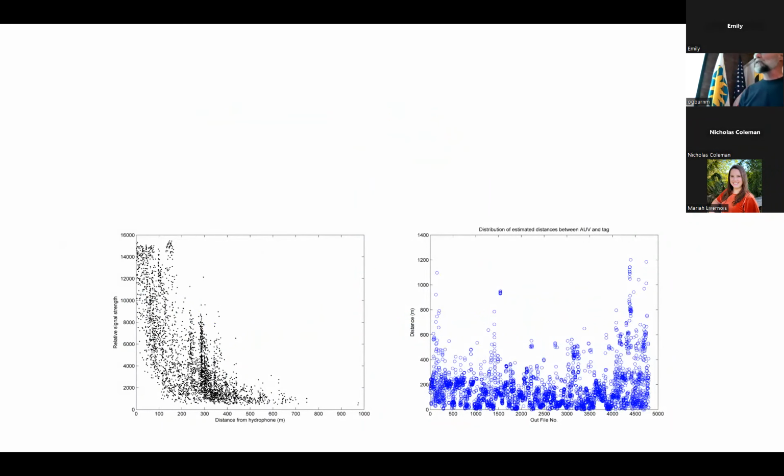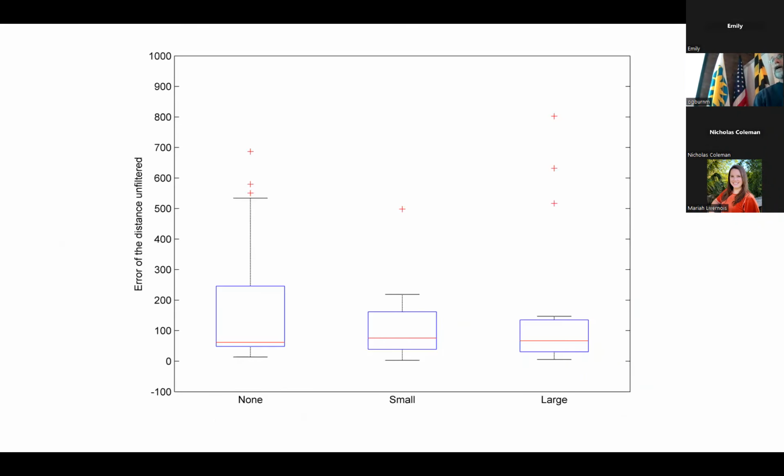So here, for instance, you can see the relative signal strength versus distance from the hydrophone. And we know that by about 750 meters, we're not hearing any more tags anymore at any level. And so out of all these, a bunch of that's junk and you could filter those. And then you take the rest of them and you look for residual and the distance that it is from it. So actually, in this case, you're seeing that